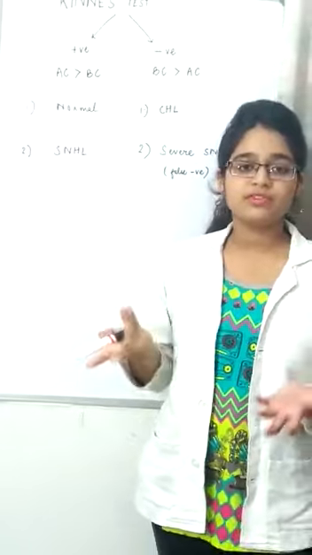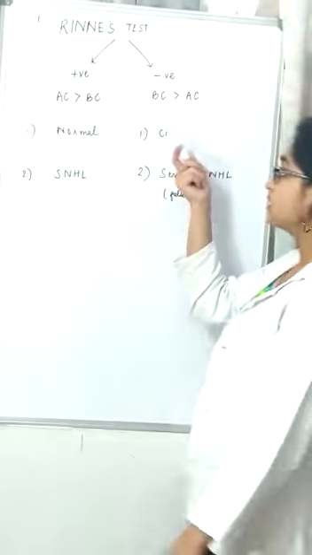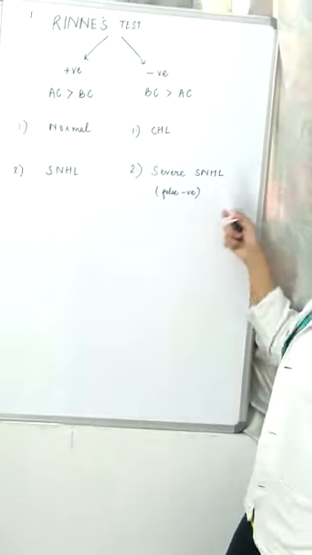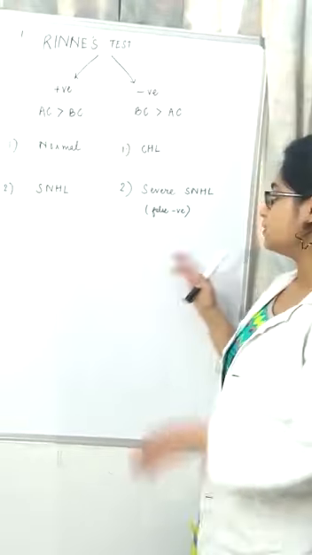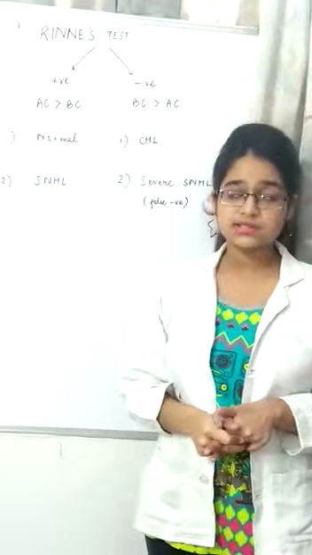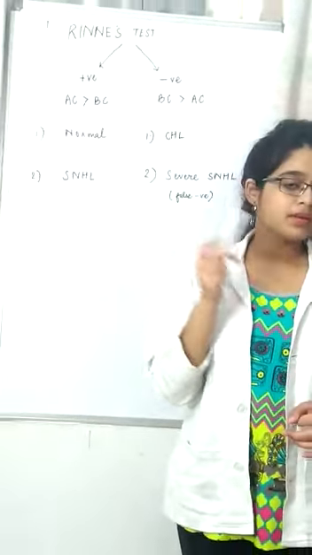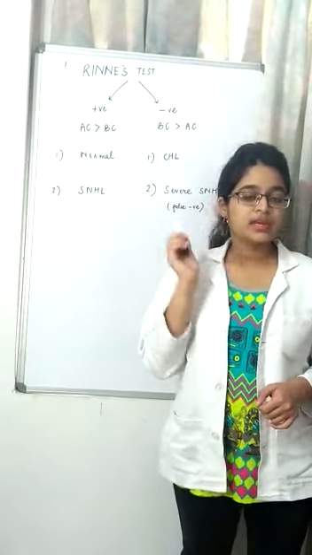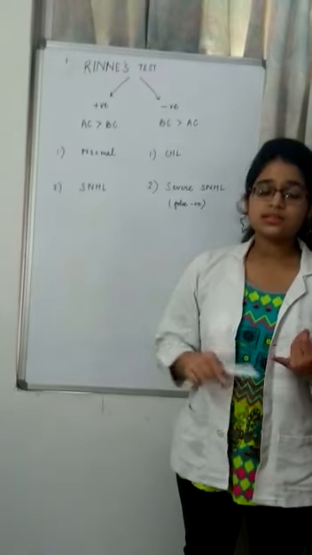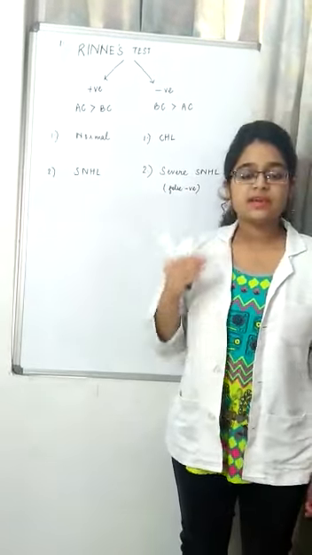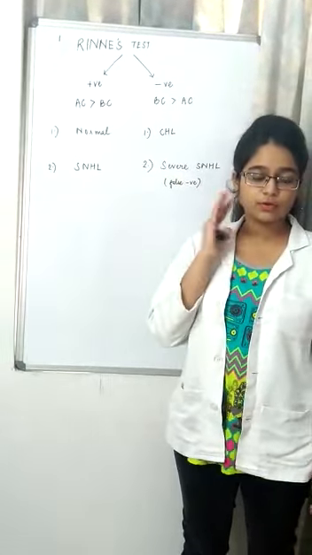There is of course no amplification, so definitely the air conduction has to be less than bone conduction. Another thing is severe sensory neural hearing loss. This is basically a false negative hearing loss. Why? Because what happens in severe sensory neural hearing loss? For example, in a right ear, if there is a severe sensory neural hearing loss, the inner ear is not at all able to perceive any sound from the right side, from the right ear.